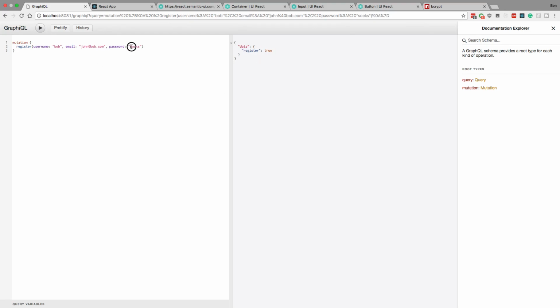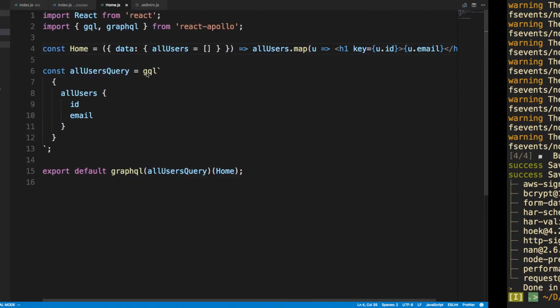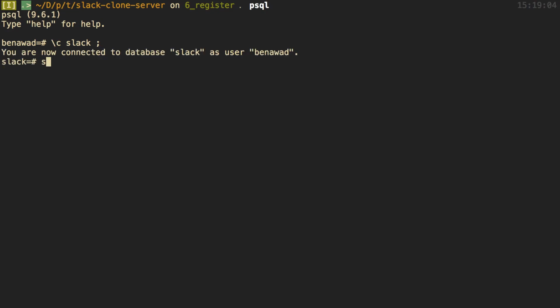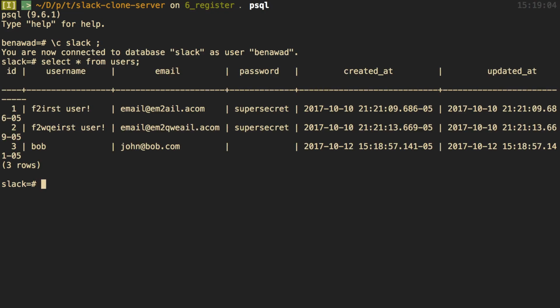And now in our database, we're not storing socks. I'll show you. So if I type psql, I can connect to the Slack database, and then I can select all from users, and we can see all our users. So the password before, you'll notice we were storing, and looks like something got messed up. So select password from users. What we should see for this third column is